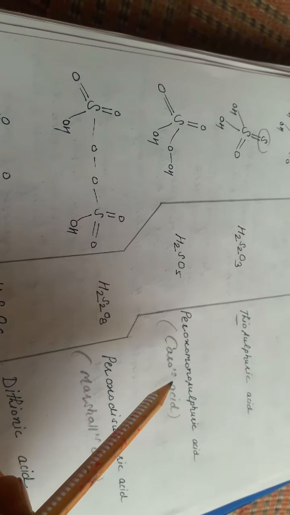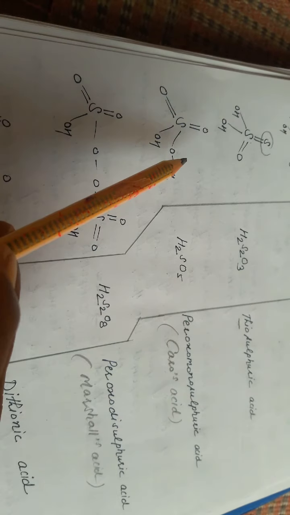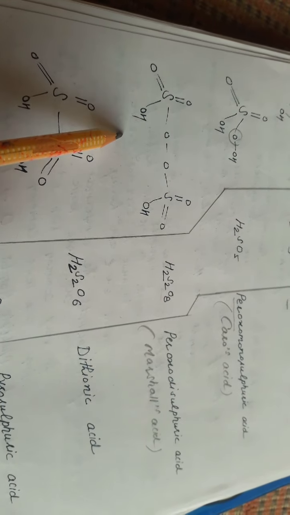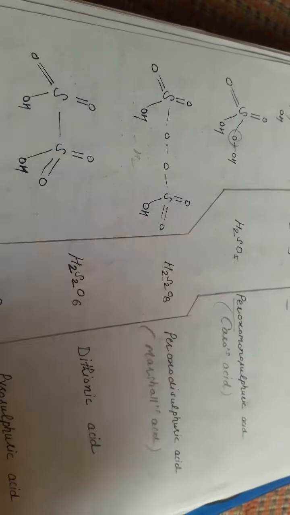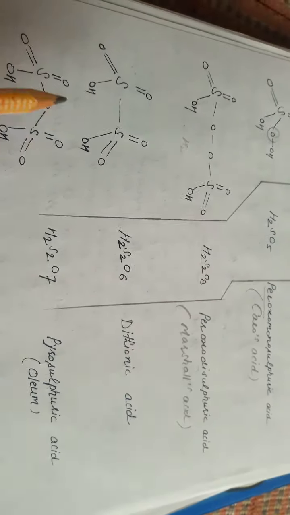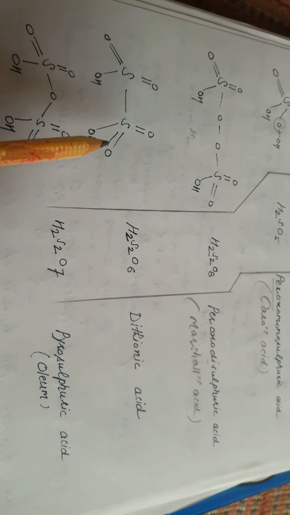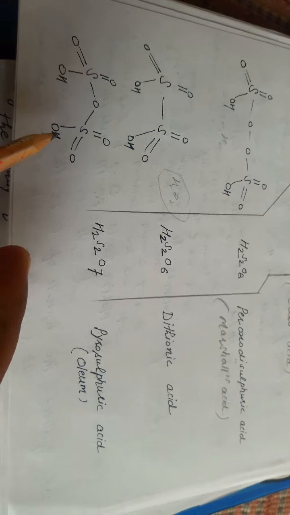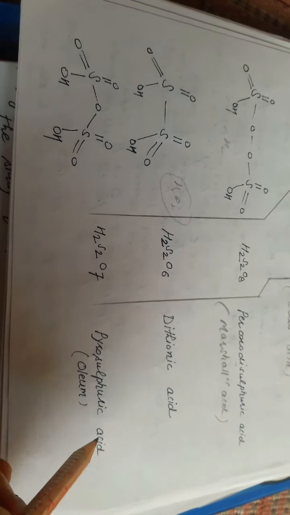So here peroxomonosulfuric acid, this is a sulfuric acid containing one oxygen inside between S and OH. That's why, because of this peroxo bond, we say peroxomonosulfuric acid. Second, by condensation of 2 sulfuric acids with the removal of H2, we say peroxodisulfuric acid. Next is this one, condensation with the removal of 2 H2O2 by 2 sulfuric acids, that forms dithionic acid. And the last one is the important one, pyrosulfuric acid.